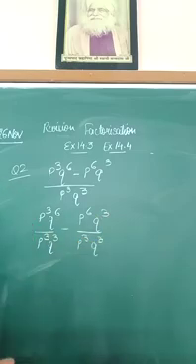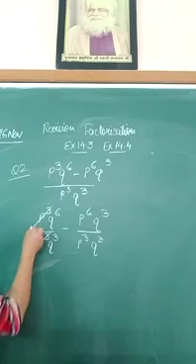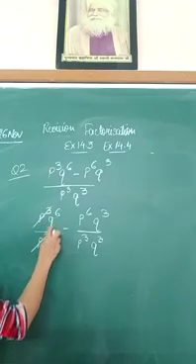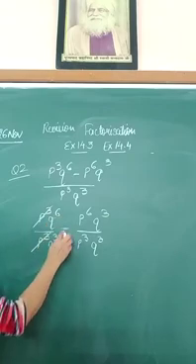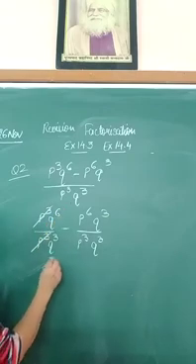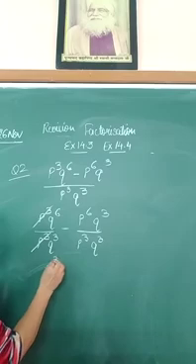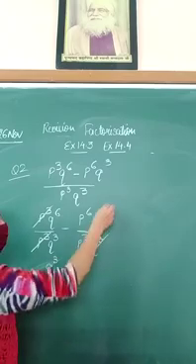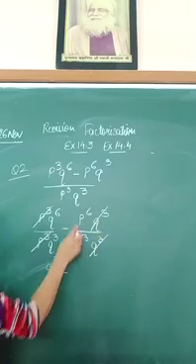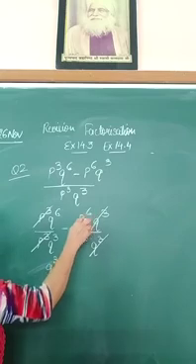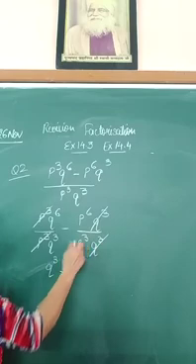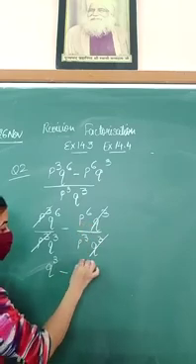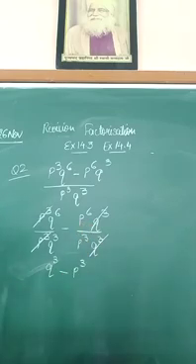Now cancel out the terms. These two will cancel out. As you can see, they are dividing by the law of exponents. You can subtract the powers or you can directly cancel it out. So from this you will get q raised to power 3. From here this will cancel out. These two terms are the same, having the same base. Bases are the same but the powers are different. Either you subtract the powers or you can directly cancel it out. So you are left with p raised to power 3.